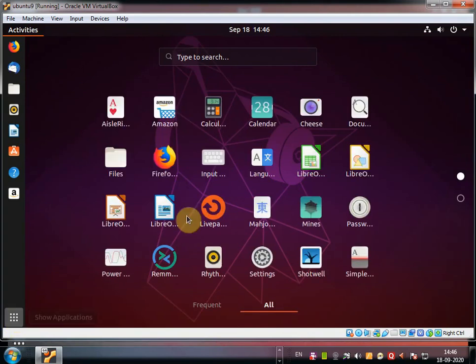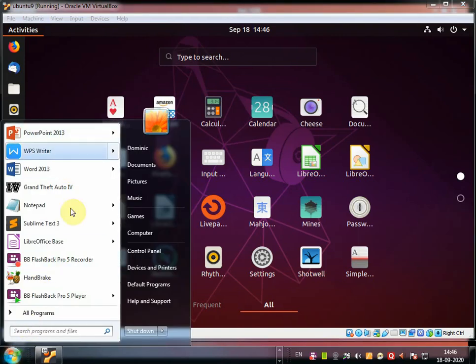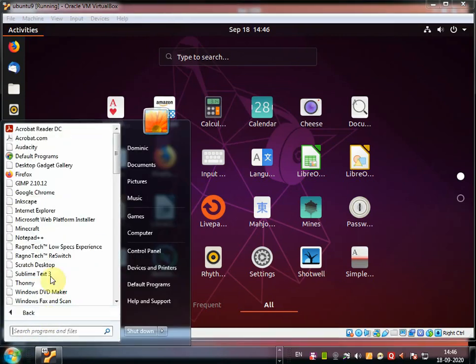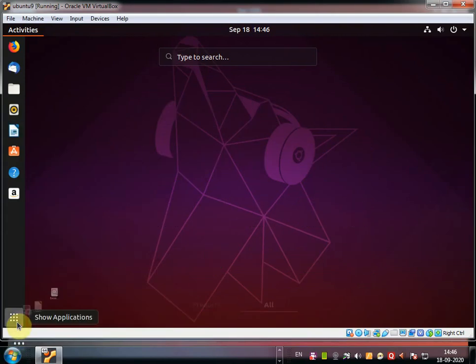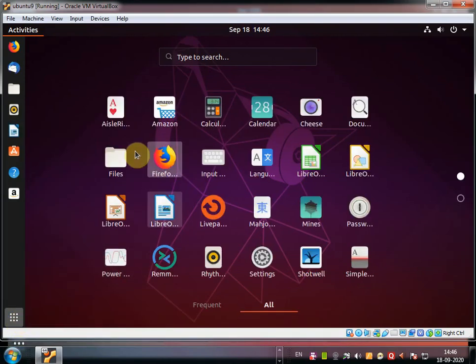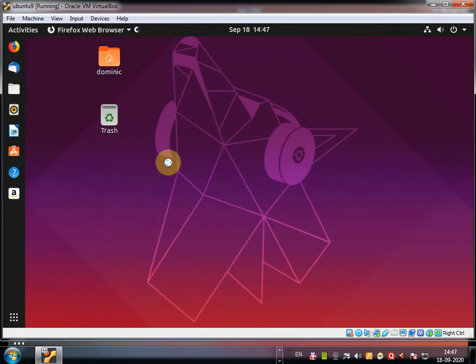In Windows you have to click over here, and then you can search all programs. But in Linux you click on Show Applications, and all the applications will open here. You can directly open any one. Now suppose you want to open the Firefox browser, then click over here and it will open for you. Now look, it is opening, Firefox,